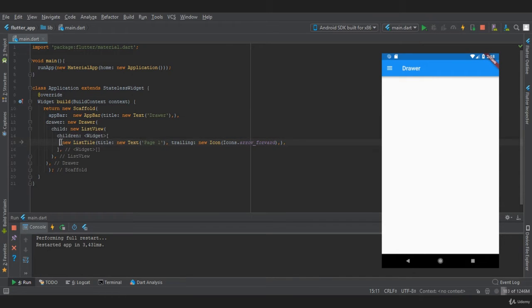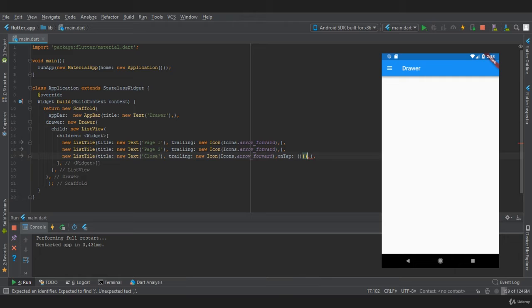We are going to create two more list tiles. Let's copy and paste. Let this be page 2, and the third list tile we are going to say close. Now to perform an on tap operation, there is a property in list tile called onTap which accepts a function. In this we are going to say Navigator.pop(context),